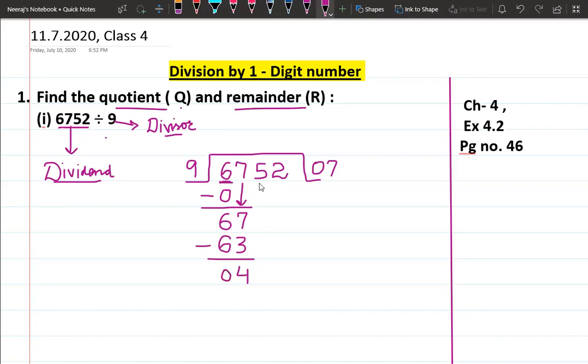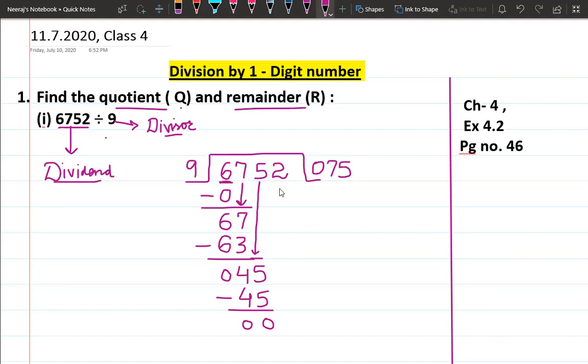Now again we are left with 2 more digits in the dividend. So let's bring down the next digit, that is 5, to make a bigger number. And now it is 45. Now we can divide 45 by 9. Yes, 45 comes exactly in the table of 9. So it will go with 5 exactly. So this will be 9 fives are 45. And the number is going exactly. So 5 minus 5 will be 0, and 4 minus 4 will be 0.